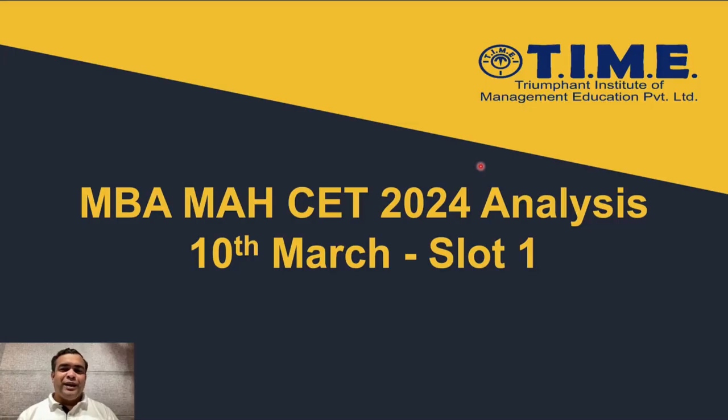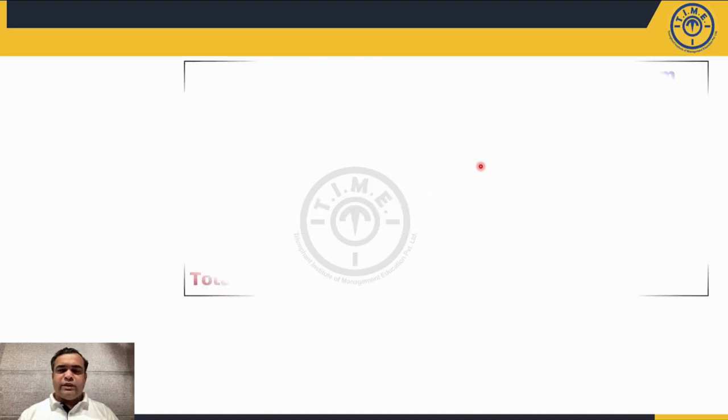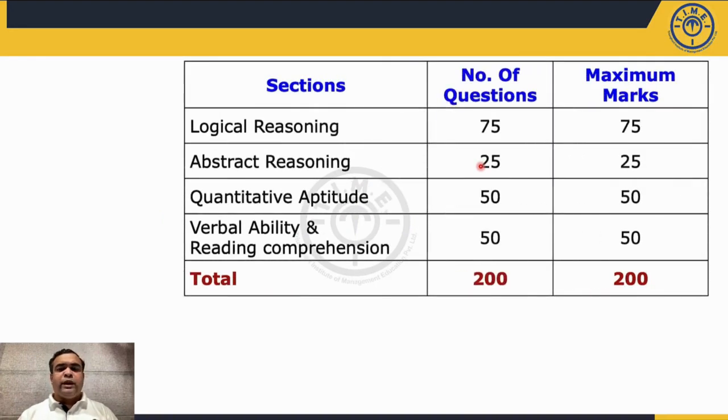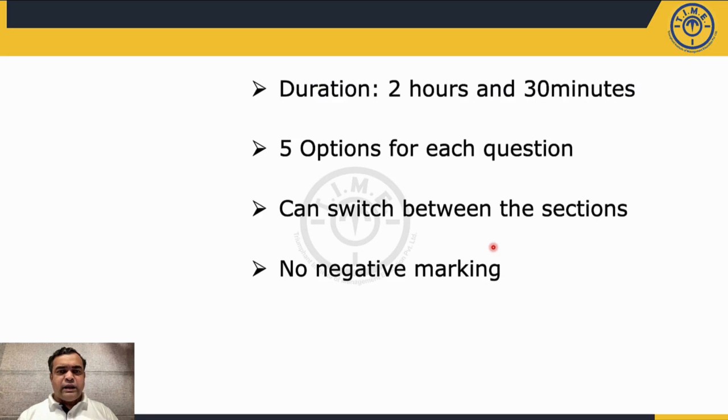Hi everyone, this is the analysis of the Maharashtra MBA CET slot 3 overall, the first slot on 10th March. After the first and second slots, everybody was sure about the paper pattern, and it was the same as slot 1 and slot 2: a total of 200 questions divided into 4 sections: logical reasoning 75 questions, abstract 25 questions, maths, that is quantitative aptitude, 50 questions, and verbal ability 50 questions. So overall 200 questions, and the time duration was the same as the first and second slots,